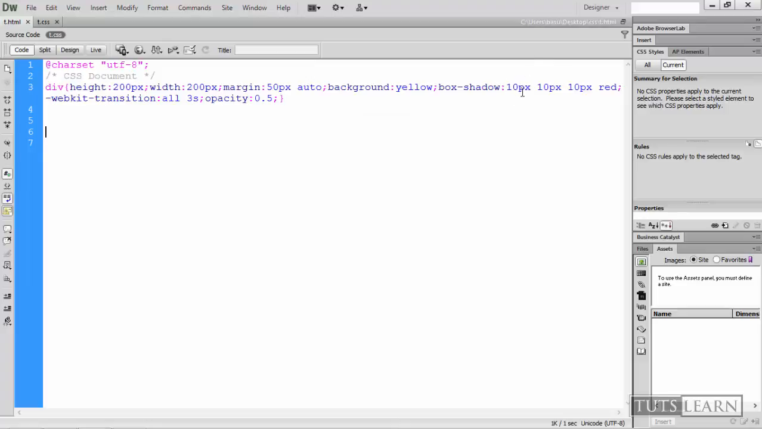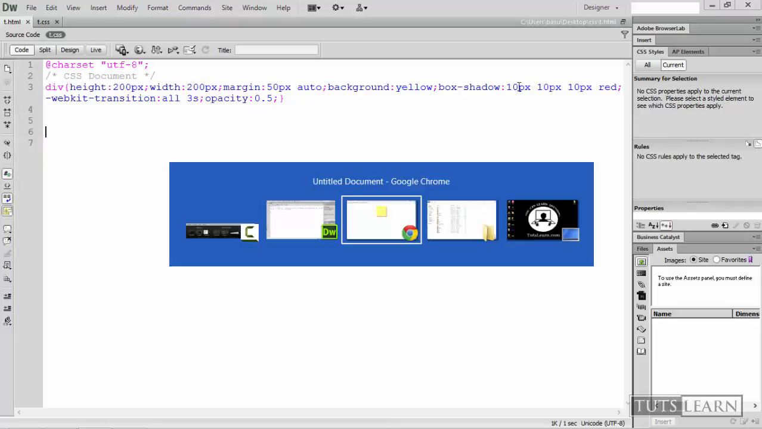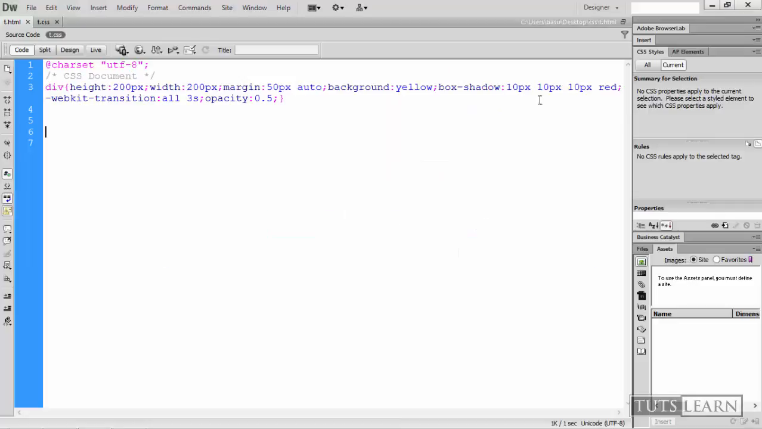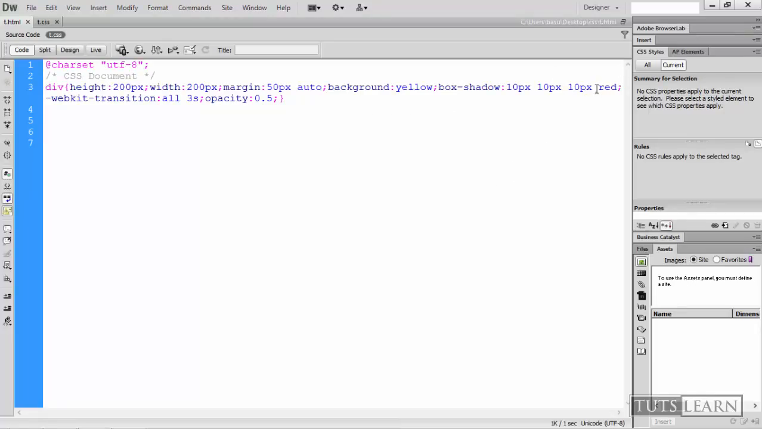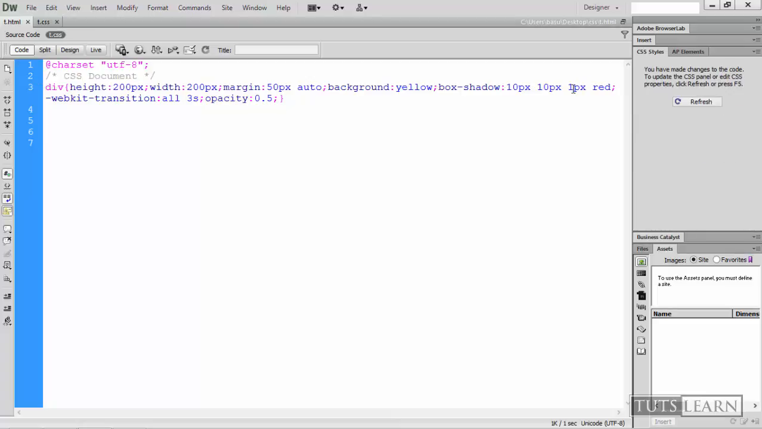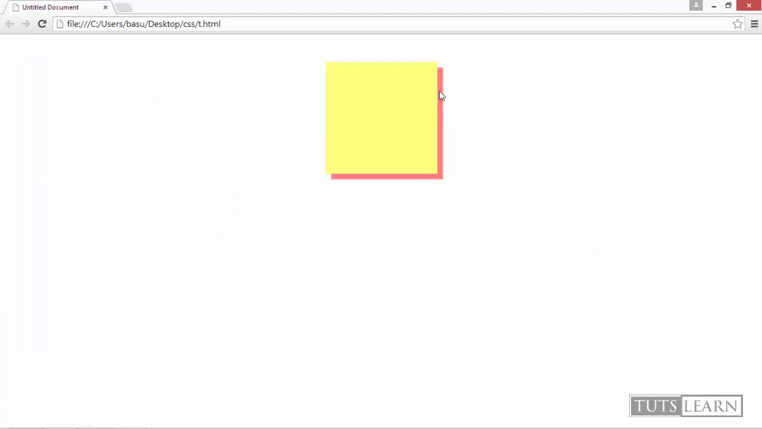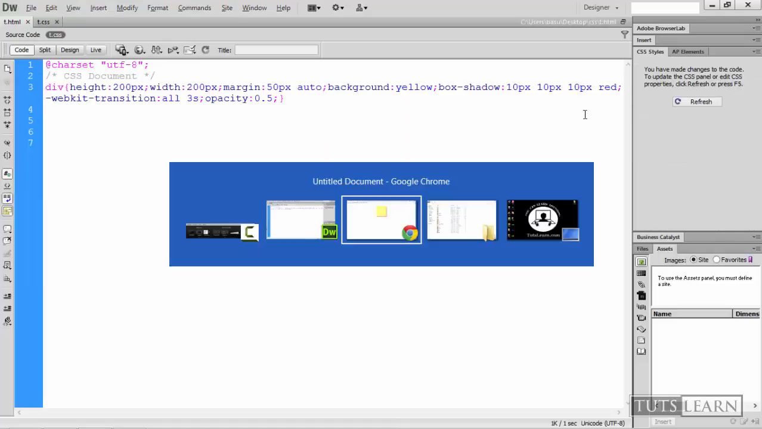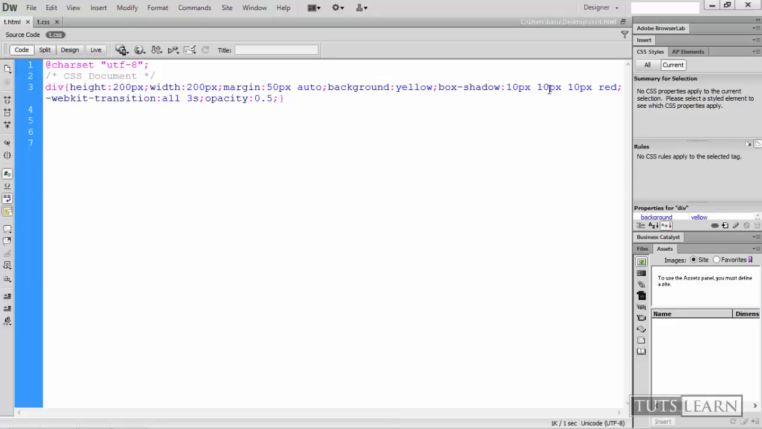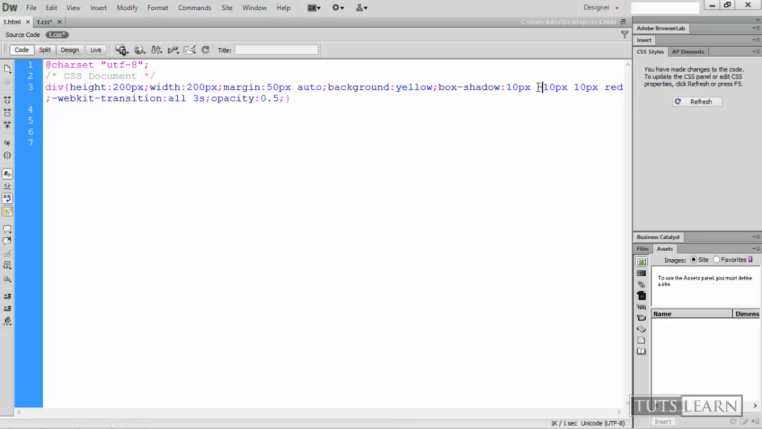which this one says that the shadow should be 10 pixels to the left, and it says that it should be 10 pixels from top to bottom. So that's why it's here, and this 10 pixels is the intensity. If we reduce that, look, it just gets dark. So getting it higher will do this effect, and if we get it on minus, well, let's find out